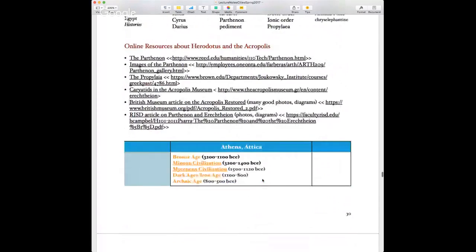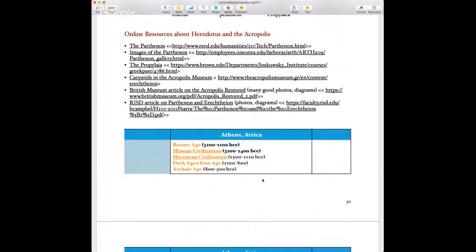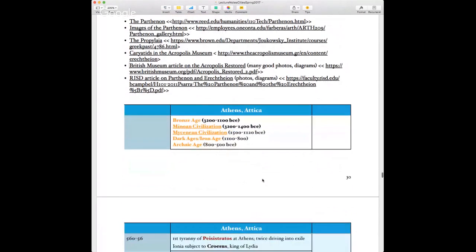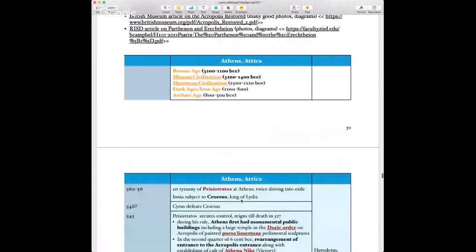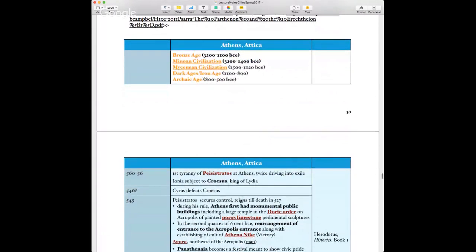These are the periods of history that we've looked at so far in terms of these sites and what was built in the Acropolis: the Bronze Age, Minoan and Mycenaean civilization, the time of the tholoi, the big beehive tombs; the Dark Ages or the Iron Age, when we see a lot less building and construction and a change in the way people are buried, fewer artifacts being produced, simpler pottery. And then the Archaic Age, which was actually the age of the tyrants, namely Pisistratus, and really is when Athens starts to come into its own. Also the age at the start of Homer.